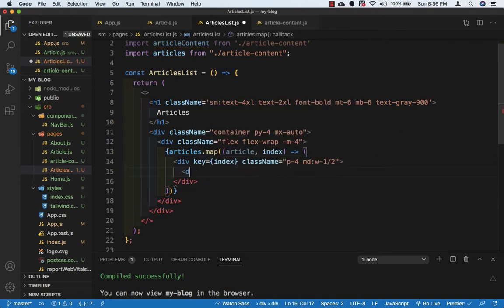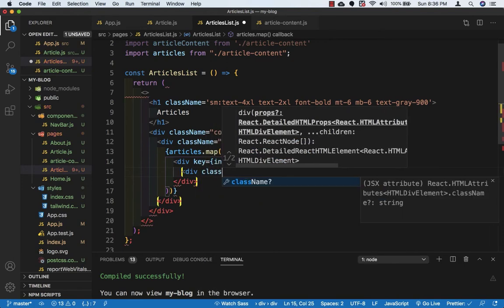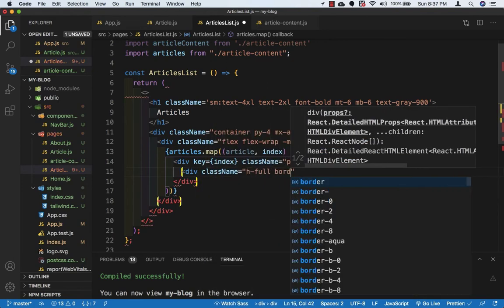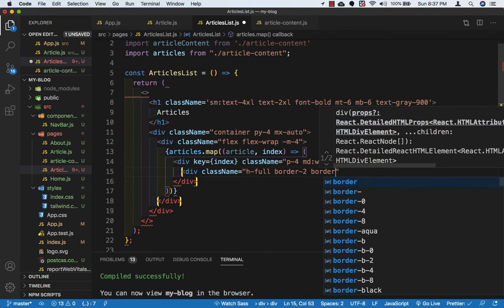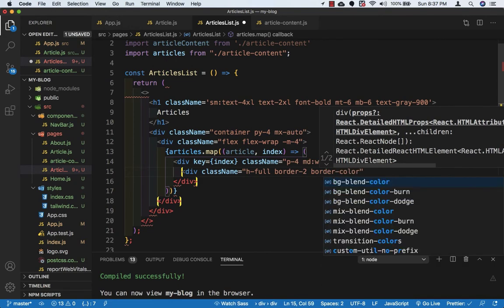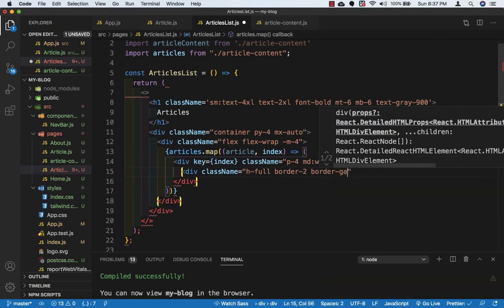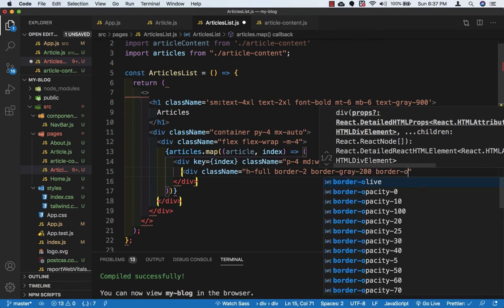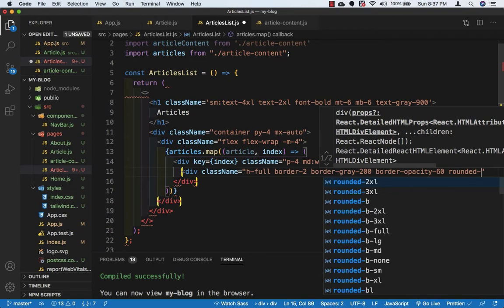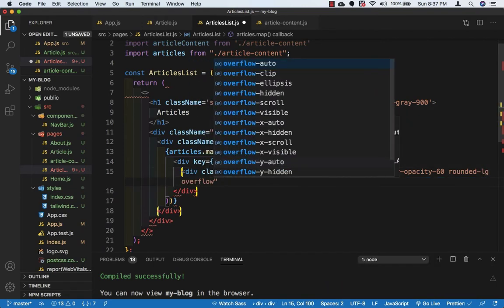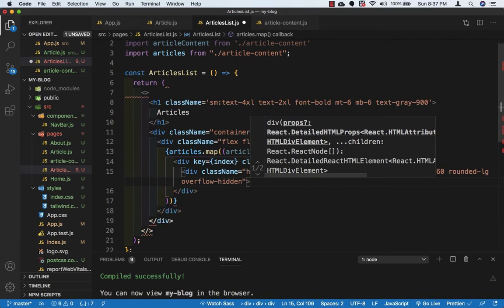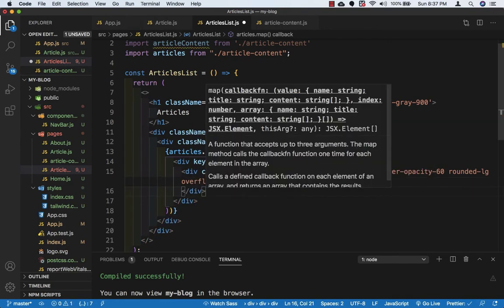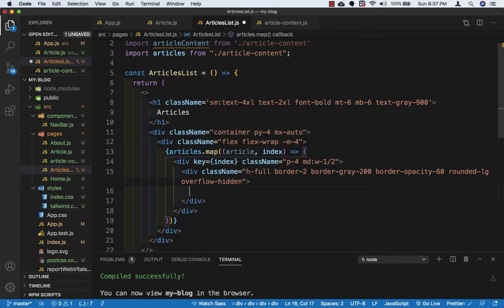Now inside this div I'll take one more div with the className. Height will be full, border-2, border color we need, so border-gray-200, border opacity will be 60, so rounded-lg, and overflow-hidden. Okay, so overflow-hidden. Let me close this div, and now inside this div I will take a Link